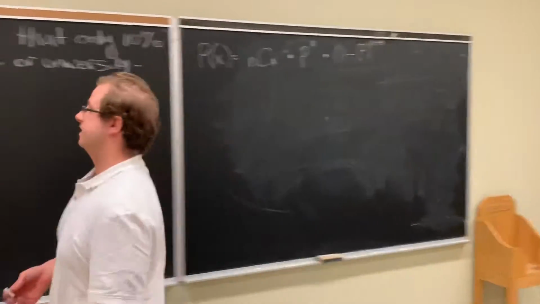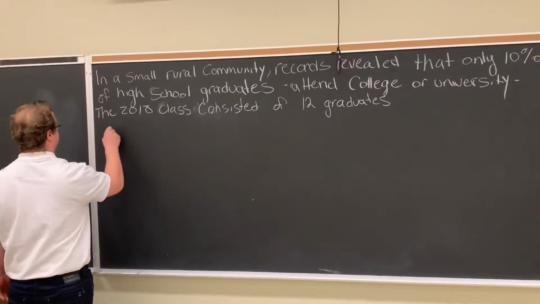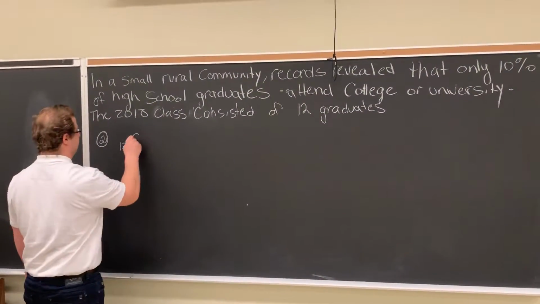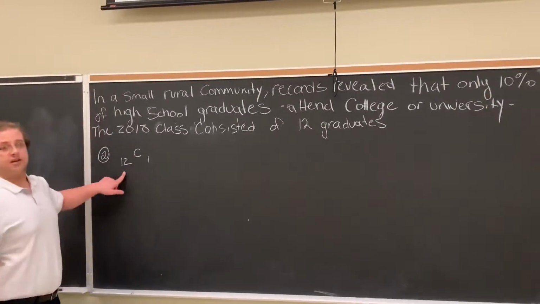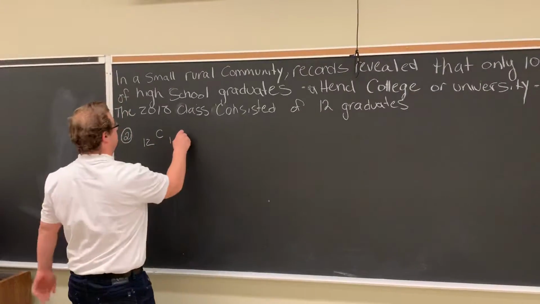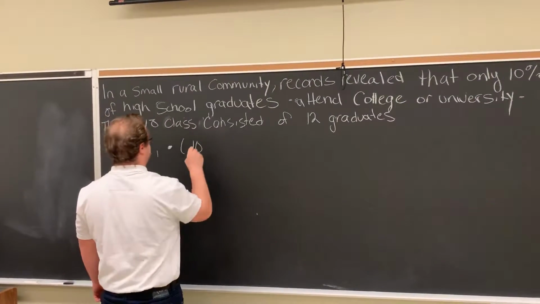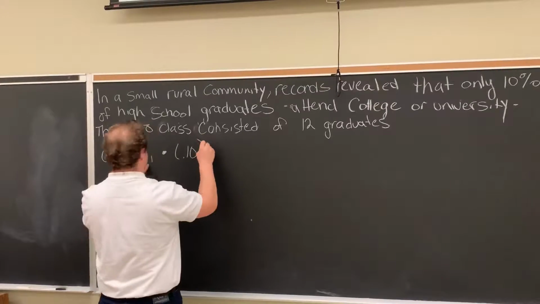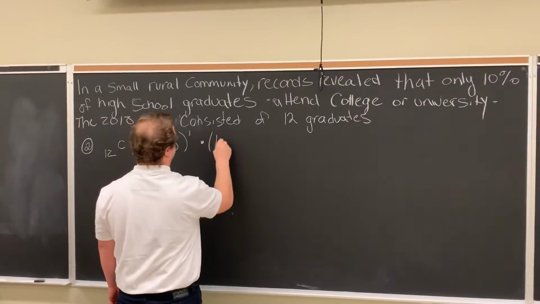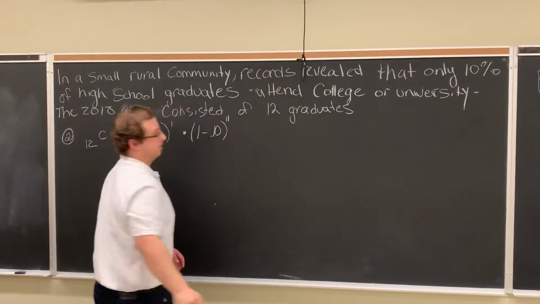The second question I have for you today was, what's the probability of exactly one student attending post-secondary? So, question 2. 12 C 1. This is the number of events that are possible, and this is the one that we're looking for, exactly 1. We multiply that with the probability, and that is 10%. And the number is x, so that is also 1. Then we take 1 minus the success rate,